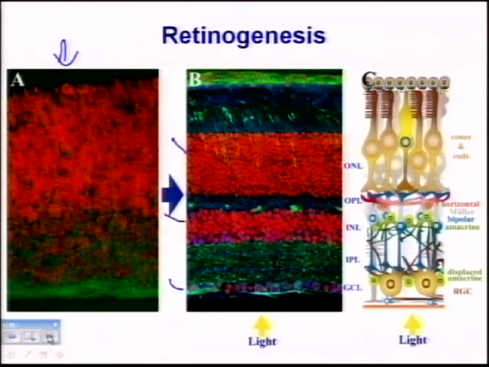So each one of these neural layers, or cellular layers, gives rise to specific cell types that differentiate from these progenitor neuroblasts. This outer nuclear layer contains the photoreceptor cells, the rods and the cones. And in between the nuclear layers are what are called plexiform layers. These are where the axons and the dendrites contact each other and make synaptic contacts. And in the very outermost part of the retina, that's actually closest to the brain, here's the pigmented epithelium.